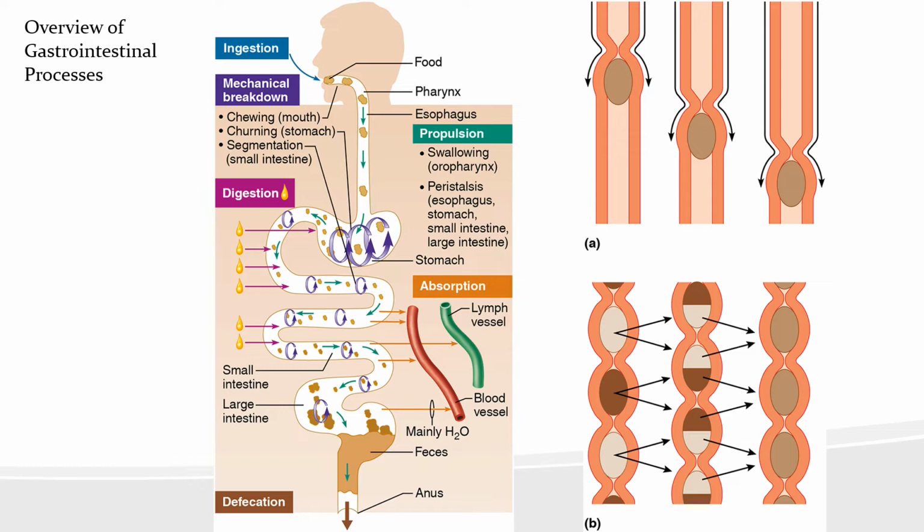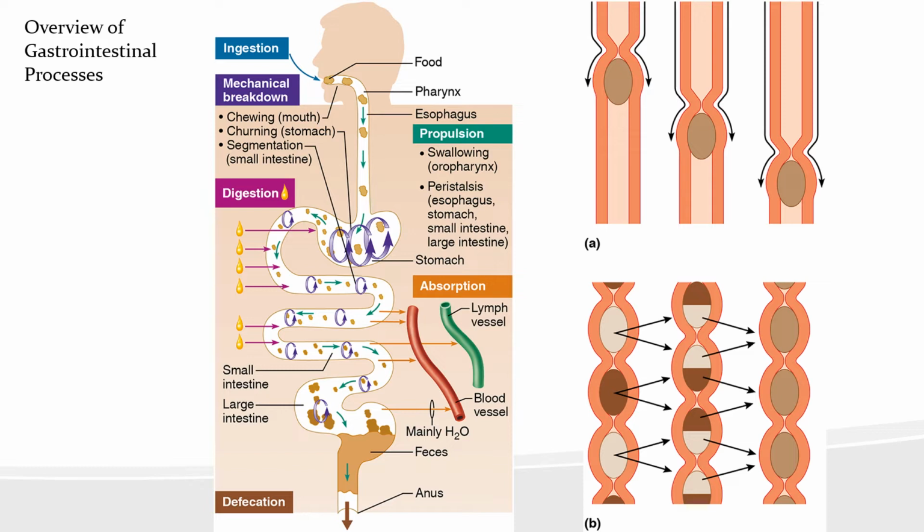So, an overview of the gastrointestinal processes. Major functions can be summarized into 2 words: digestion and absorption. But there are many activities, such as smooth muscle activity and certain regulatory events, that are not really covered by either term. So in the first image on the left, you can see there's 1, 2, 3, 4, 5, 6